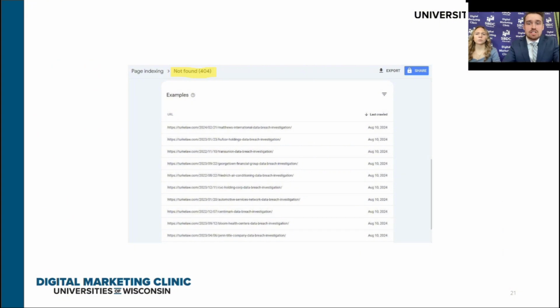Here's an example of insights for the page indexing. A 404 error appears when a website can't find the page a user is trying to access. This is very annoying for the user, and sometimes you want to clean it up if you no longer need the page or fix something, that should be showing. This is something that you want to be very adamant about. A 404 page, it's basically just an error on your web page. It's not too difficult to fix, but if you're messing around with your keywords and you miss an update somewhere, it could give you a 404 page. So it's just something to be looking out for.